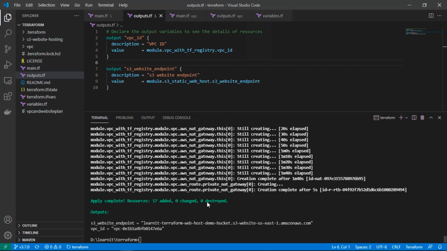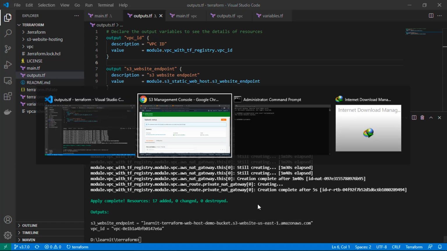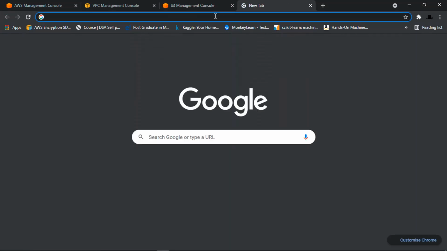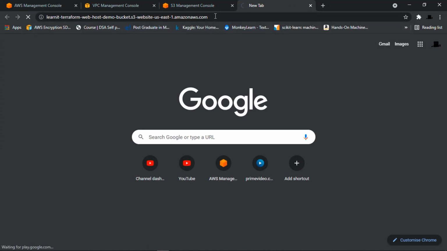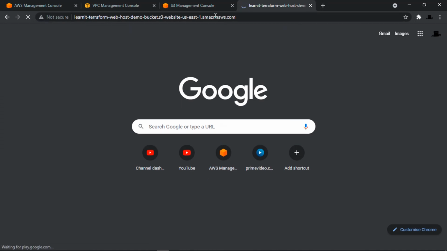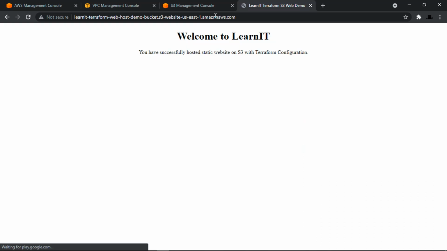Now let's go back to Visual Studio Code and check our S3 website endpoint. You can also get it from the AWS console. So guys, you can see it has loaded our index.html page, and it is able to host a simple static website.